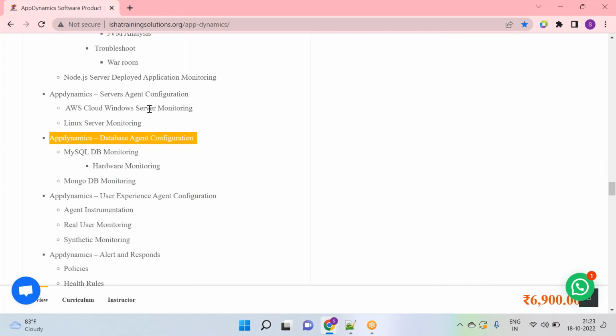So till now, what I told you, there are two flavors of application agent, two flavors of machine agent, two flavors of database agent. Okay. The last and final thing is actually your user experience agent configuration. This agent configuration is actually very important, because